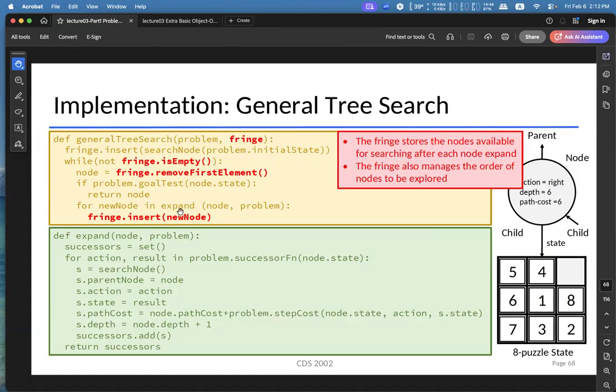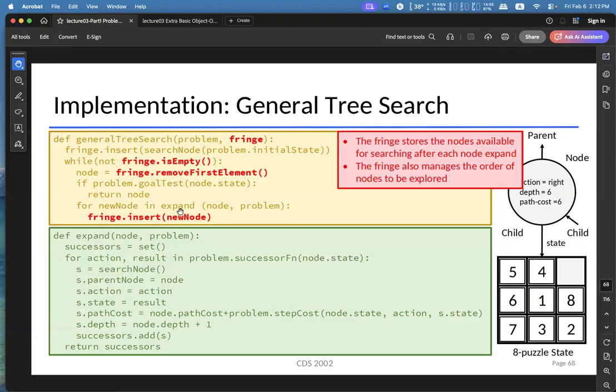Okay, so the action is separated in two functions. We do exploration on the node that we are doing exploration on, and all the nodes that are newly generated as neighbor nodes are stored in the successor data structure, and this data structure is returned back to the general tree search function, and the general tree search function receives the nodes generated from the expand, and these nodes are added to the fringe.